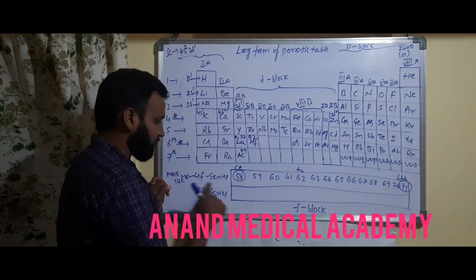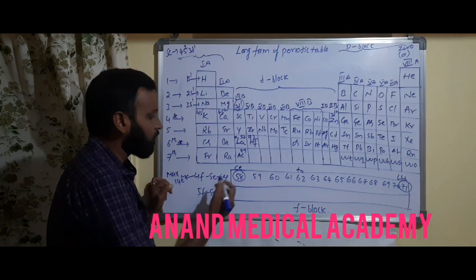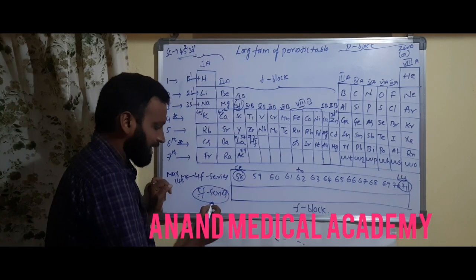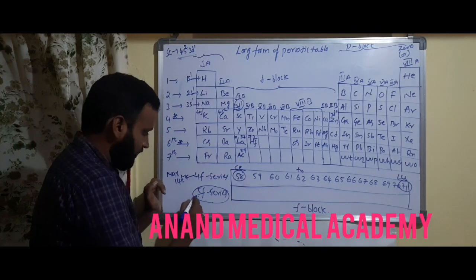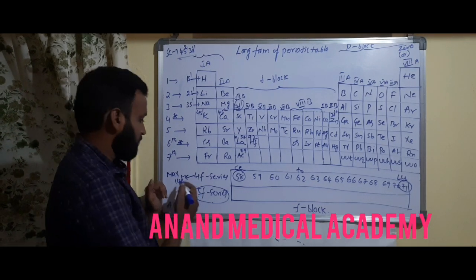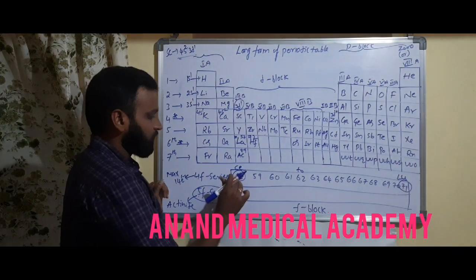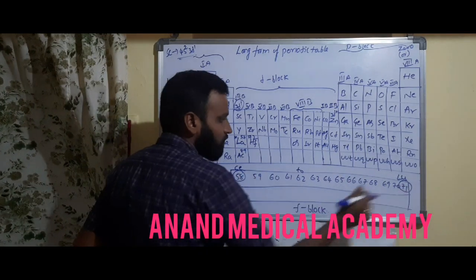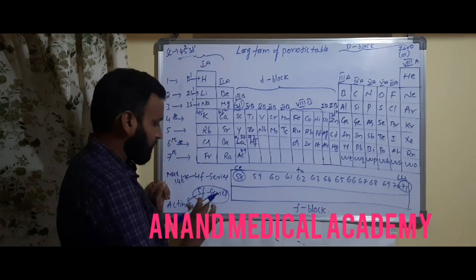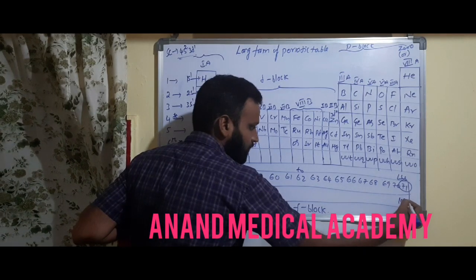So lanthanides these are. 4f series elements are called what? Lanthanides. 5f series elements are called what? Actinides. Why are these called actinides? 5f series elements come after actinium. That's why 5f series are called actinides or actinoids. These are 4f series elements. Getting what I am saying? So here 58 to 71, those symbols you are able to see, cerium to lutetium. And here 5f series elements are what? From 90 to 103.